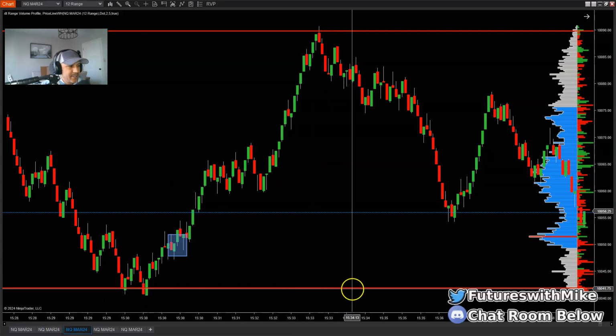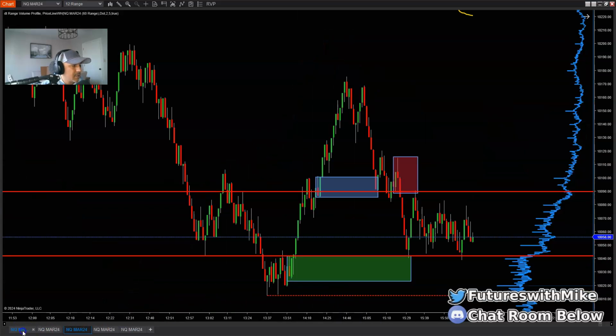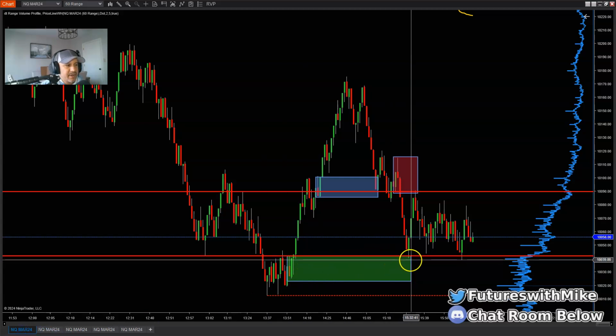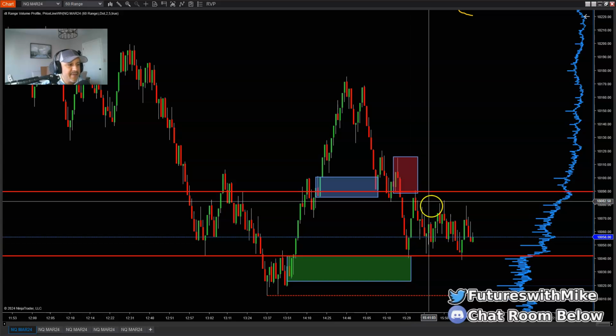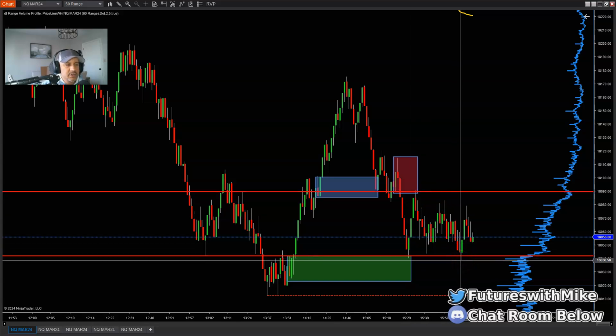We're back down here to the red line. This red line is that marked up location where the demand is resting right here, and to look for it to take the low right here at 18,040 and a half. It runs it right there towards the close of the market.